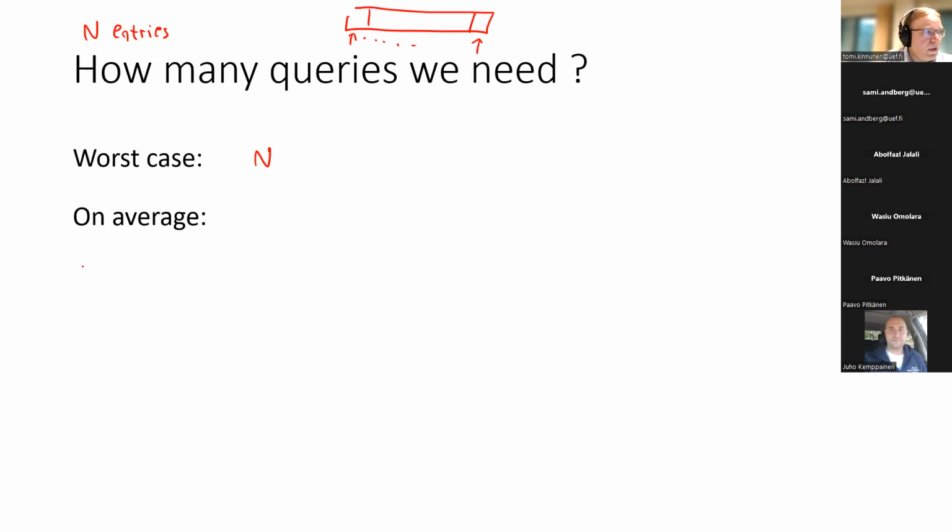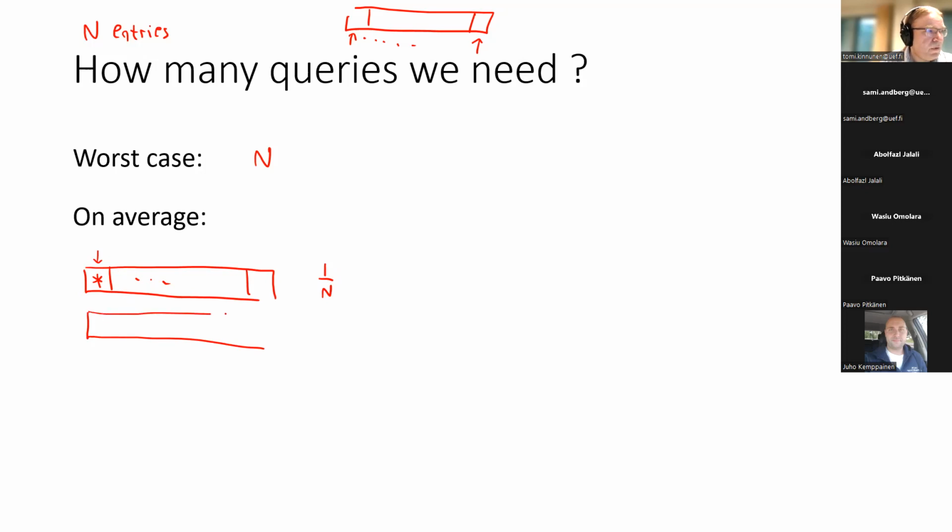Also, in the average case, I will skip this one, but let's just briefly discuss the idea. It could be that this is the place where you find your item, and this happens with probability 1 over n. It could be anywhere here, but the probability that it happens to be right here in the first element equals 1 over n. That's the one that you are looking for.